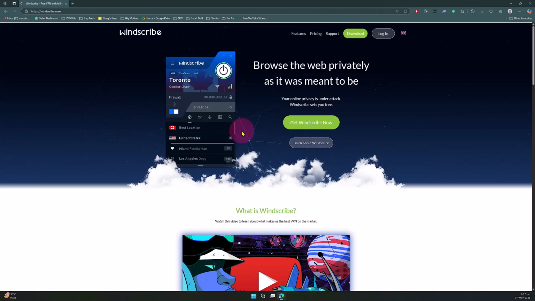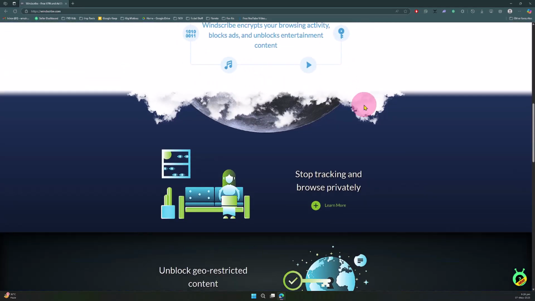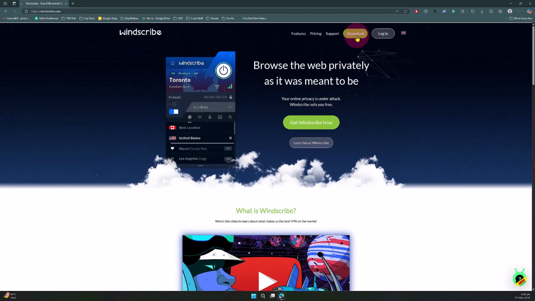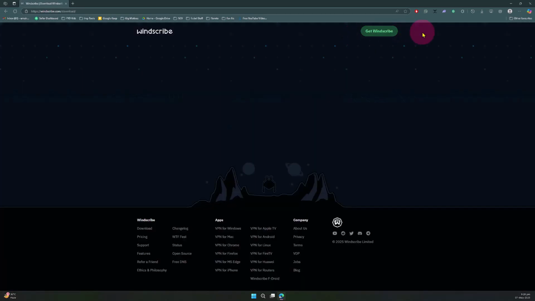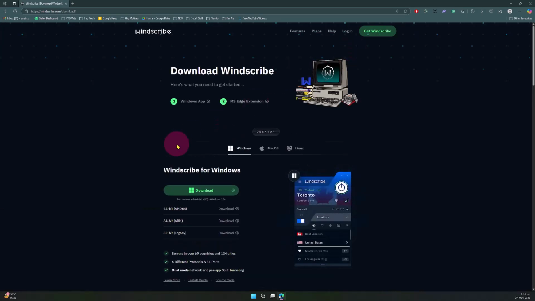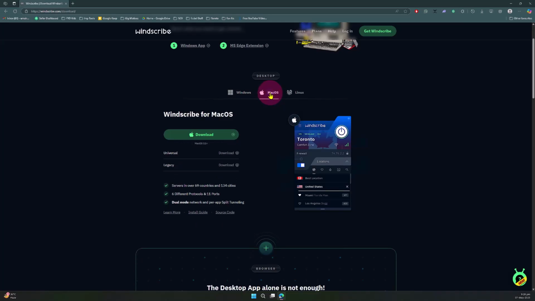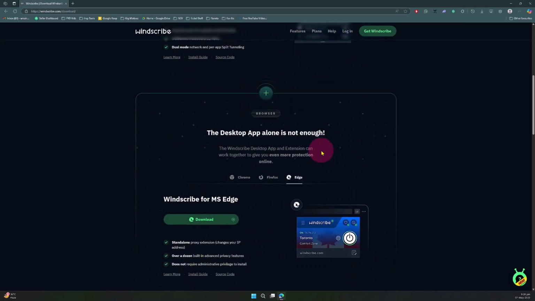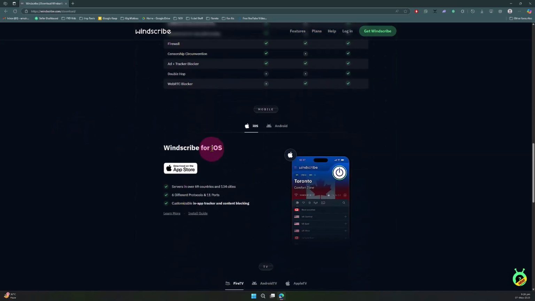on to the section of Windscribe, and this is the landing page. You can see the platform looks really great. Okay, so now what we're going to do is, first of all, we're going to be downloading the VPN itself, and once you download it, you can see click on this download option and it will be downloaded in no time, and you can choose it for Windows, Mac or Linux. So if you are using on Mac, you can choose Mac from here. And yeah, so that's how basically you can get the VPN itself, and you can see all the features it